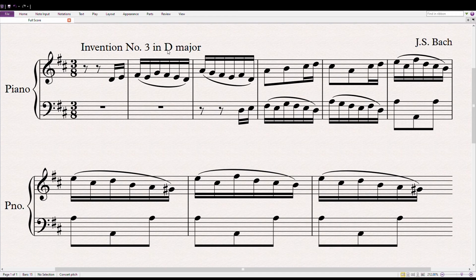So then we'd have a piece called Invention Number 3 in D major, but the key signature would be A major. It'd be a little bit confusing for us as players because we're used to seeing this and knowing immediately what keys we could possibly be in, because there are minor keys that also share these key signatures. So that's why we don't put a sharp on the G to account for this. It's because it would actually make more work for us and make things a little bit more confusing for us